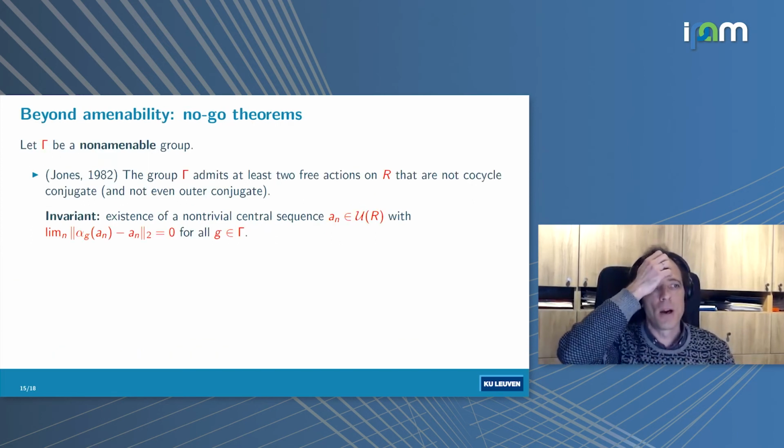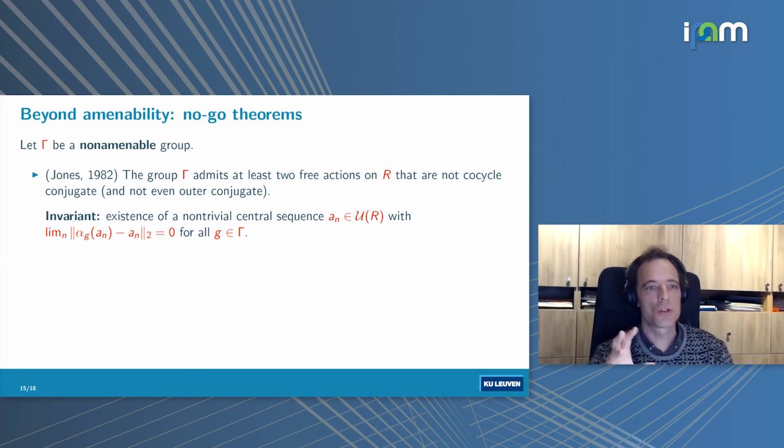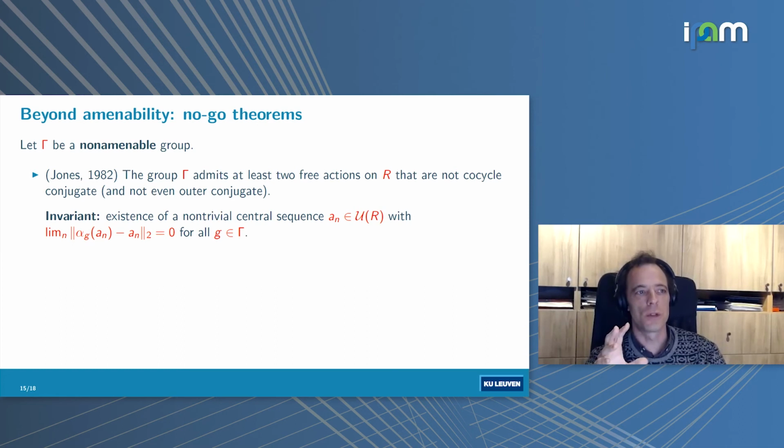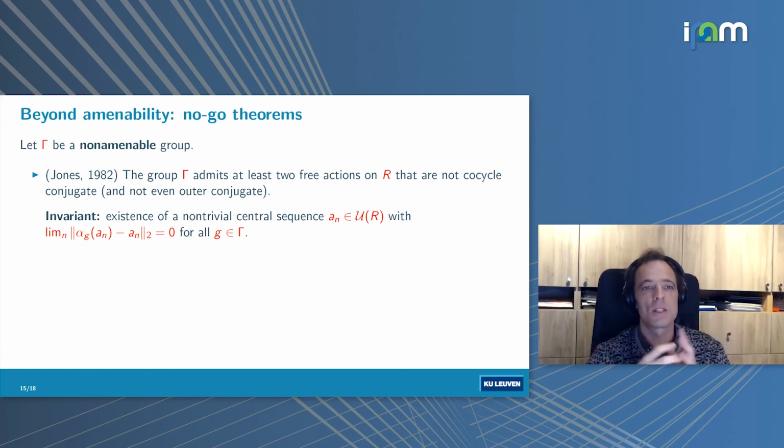Since my own work is mainly dealing with the non-amenable setting, let me also show you a few no-go theorems, in the sense that once you leave the amenability on the group side, lots and lots of things start to be not co-cycle conjugate or not classifiable. And already Vaughan Jones actually proved in his paper called A Converse to Ocneanu's Theorem that once the group is